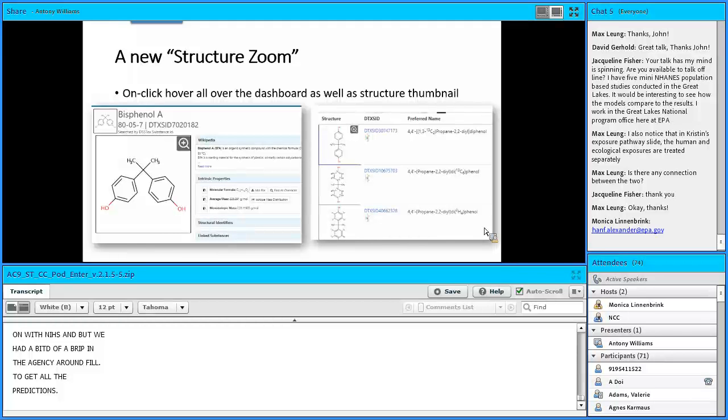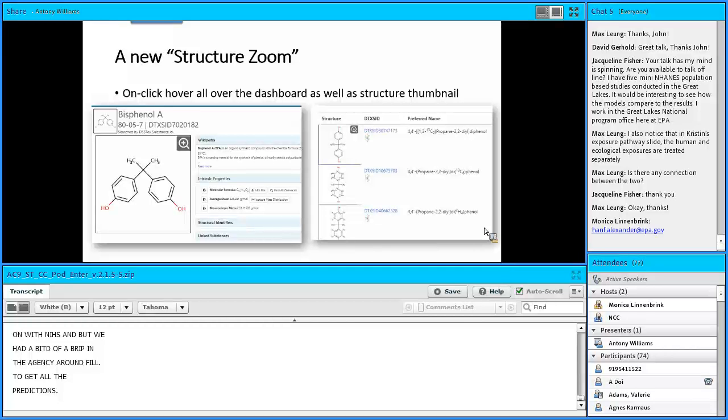Sometimes you make a decision with a piece of functionality that does not go down too well with the community. So in the last release, we had this piece of functionality where you hovered over a structure and it would suddenly control the browser window and it would pop up and all you could see was this large zoomed in structure. We got a lot of feedback very quickly that it was not working for many people, so we did a slight update, removed that functionality, but we still believe that zooming in on a chemical is useful,